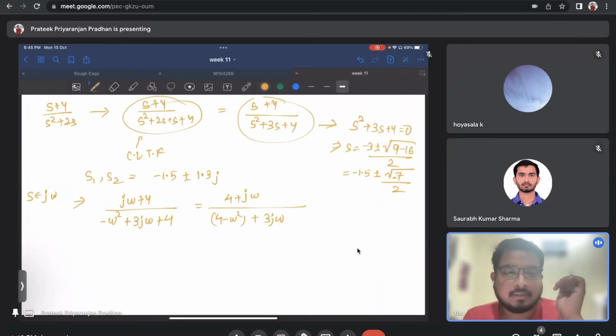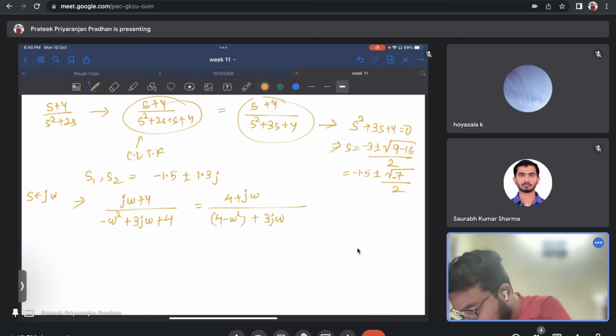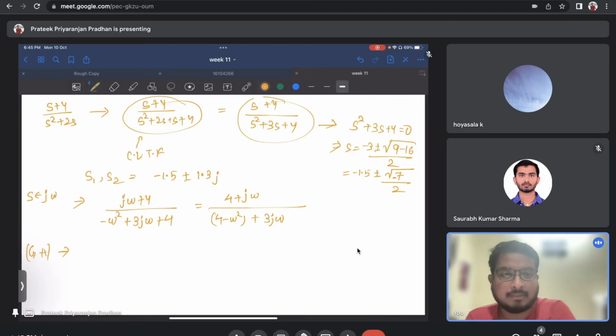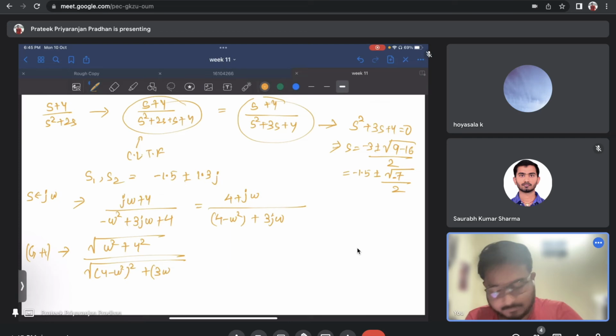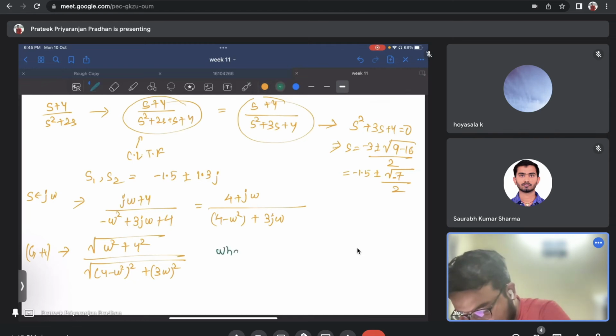Hazel, can you just tell me what is the magnitude now? GH magnitude. You know how to derive it now. Divided by three omega whole square. Okay, very good. So now the question says, what is the magnitude